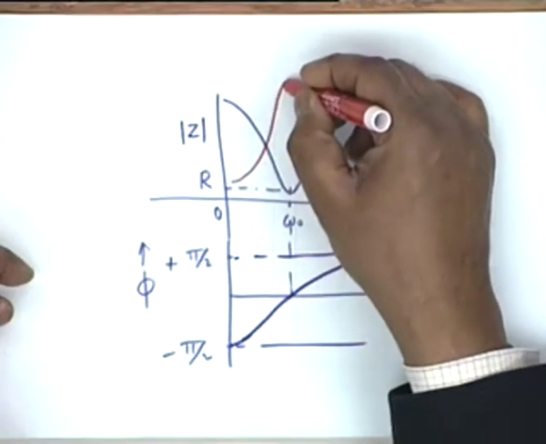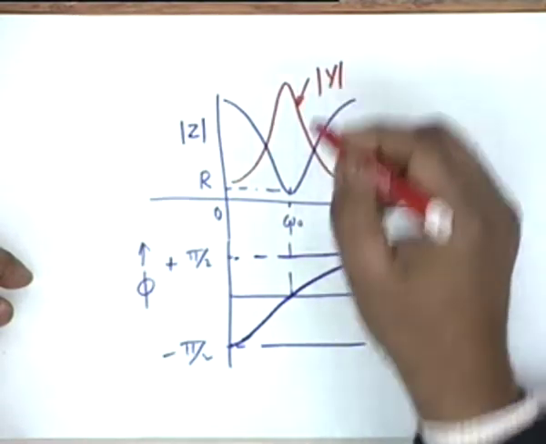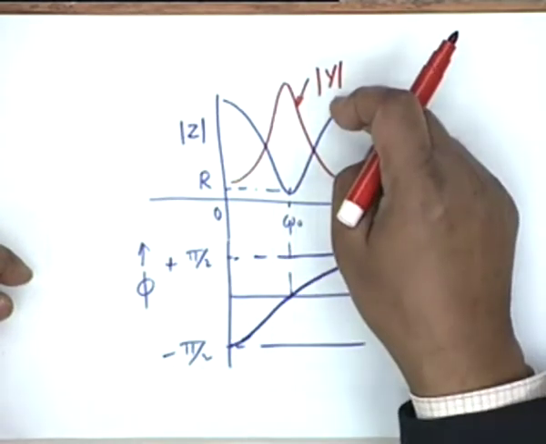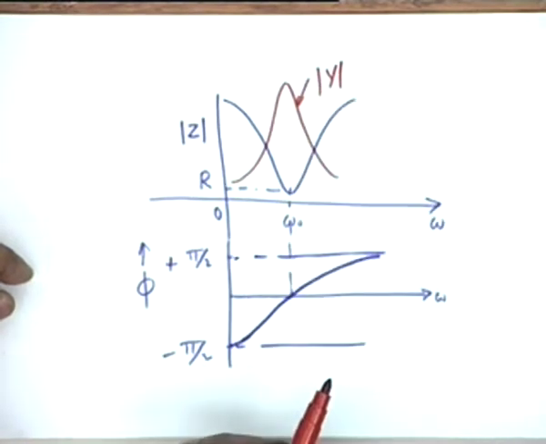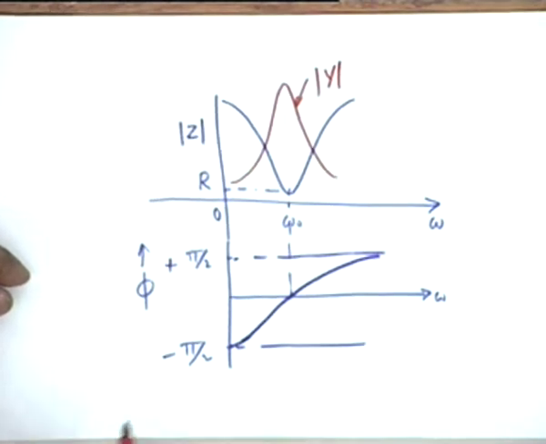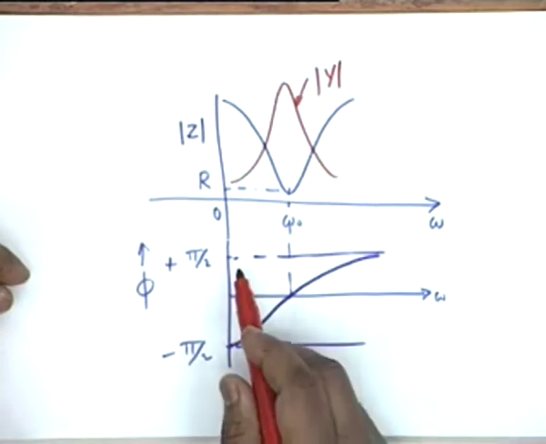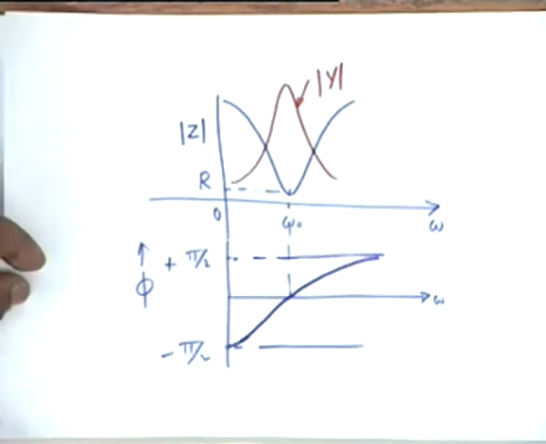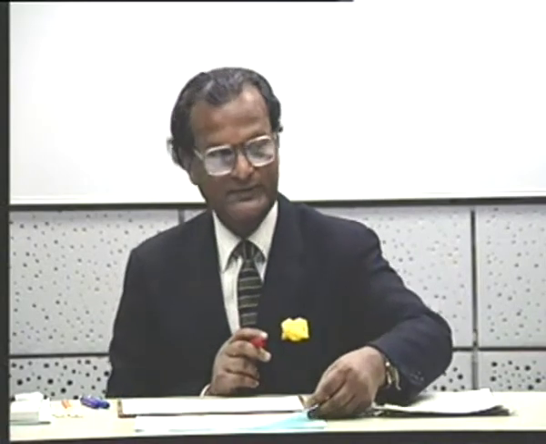Another way of looking at resonance is that the admittance of the circuit, mod Y, shall show a peaking response, because admittance is the reciprocal of the impedance, and the maximum value of the admittance shall be equal to 1 by R, and this curve shall also change its sign, that is, it will start from plus pi by 2 and go towards minus pi by 2 as omega increases. This phenomenon of resonance, under which the voltage and current in a circuit are in phase, this is the definition of